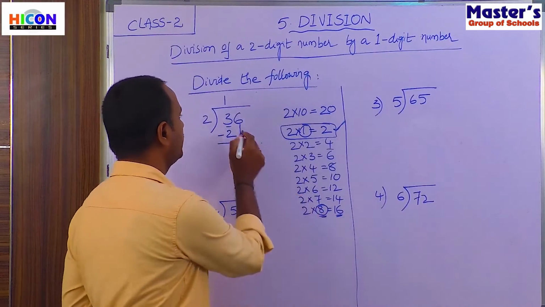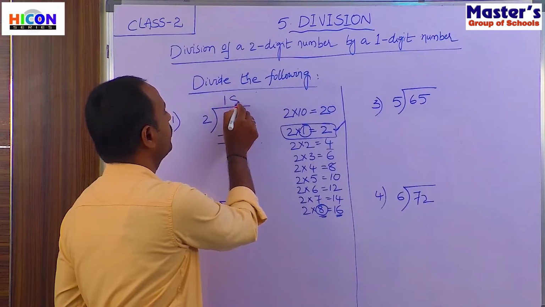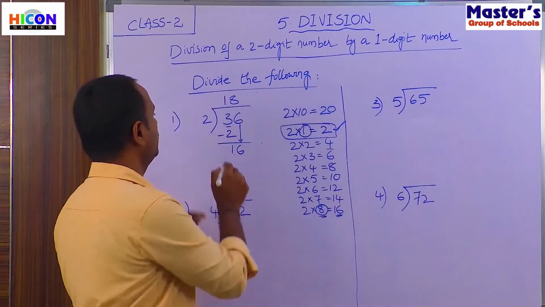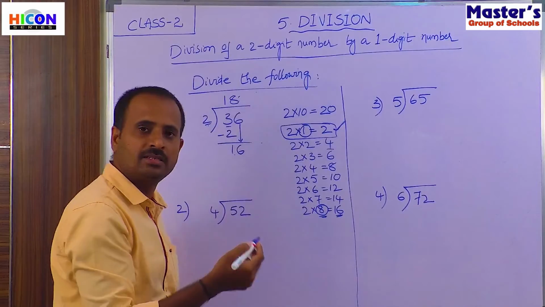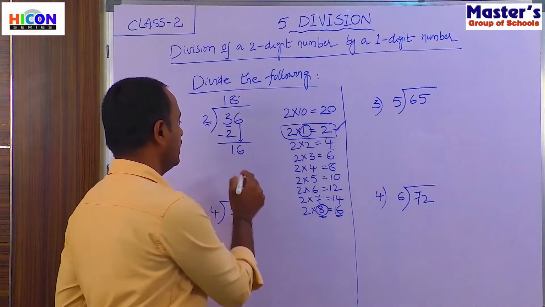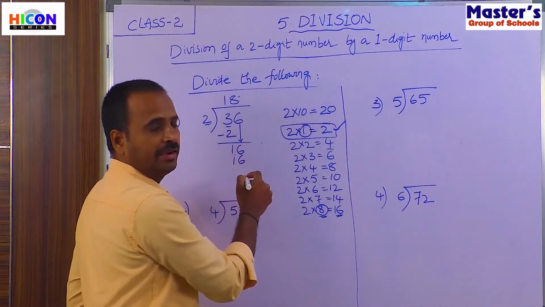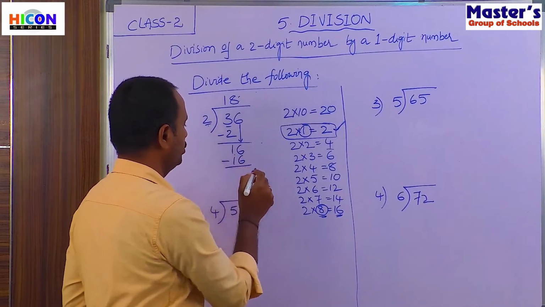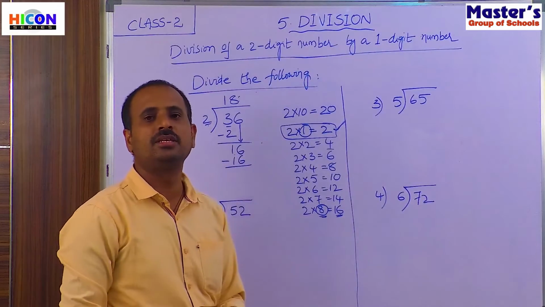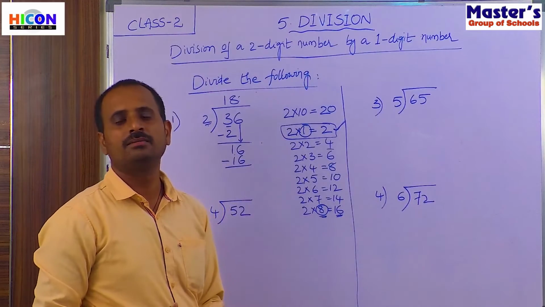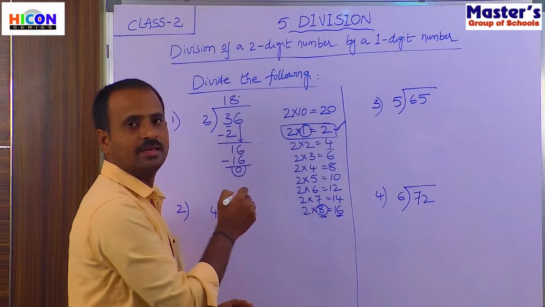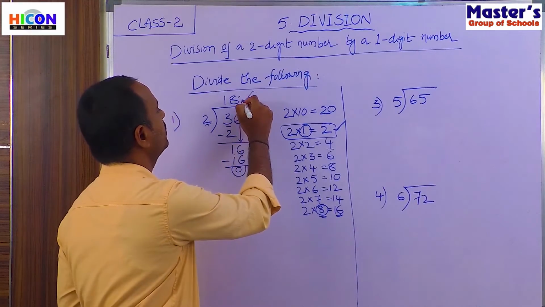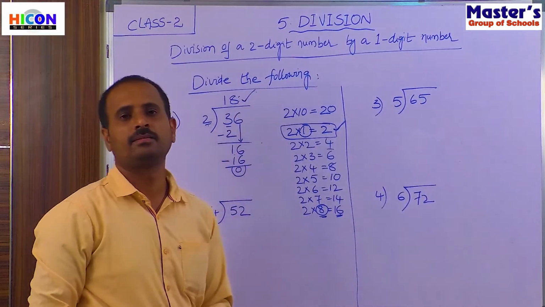So write this 8 in the quotient beside 1. And multiply this divisor and this 8. So 2 into 8, 2 eights are 16. So write the product below the dividend and subtract. So children, how much is 16 minus 16? How much will you get? You will get 0. So the remainder is 0. What is the answer? The answer is the quotient. That is, the answer is 18.